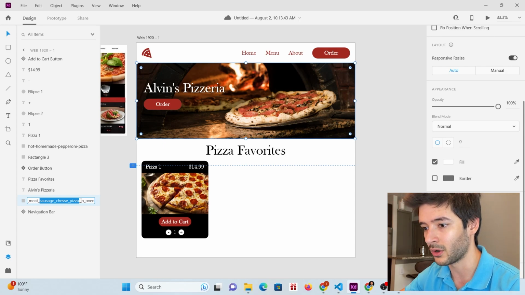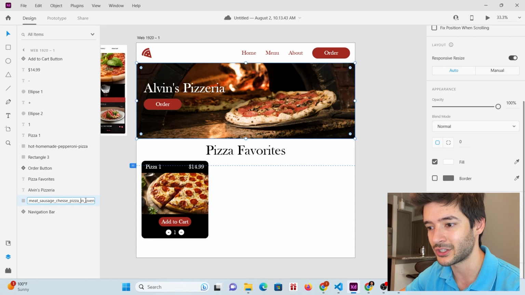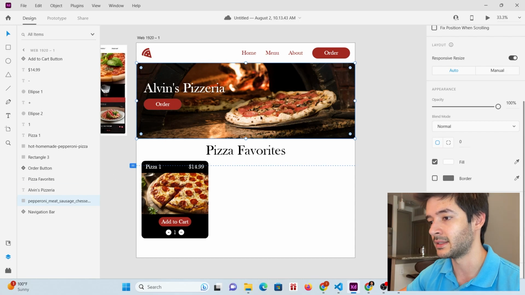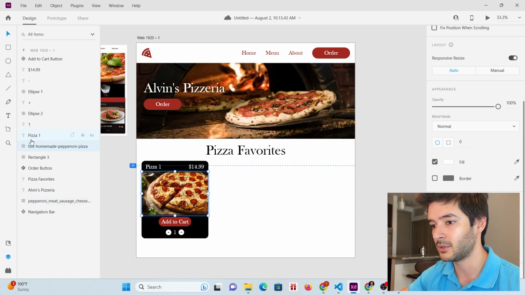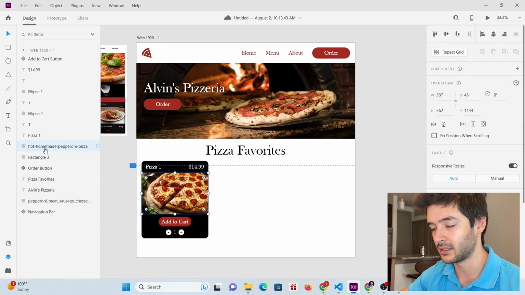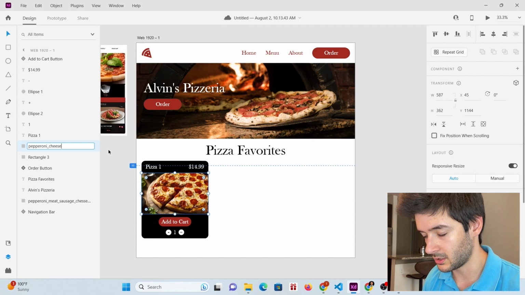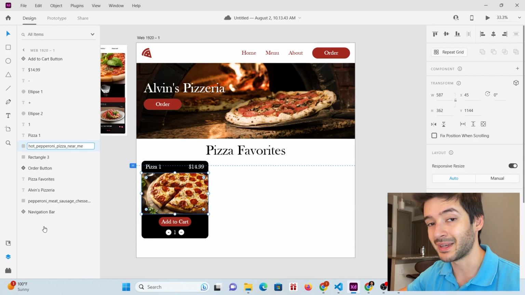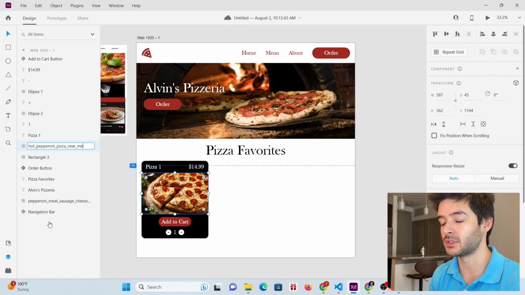So Google or whatever browser you use is going to crawl it, and it's going to see, okay, sausage pizza. And now we have our SEO nailed down and different options that people might search up online in our website itself. So you want to make sure that these are named strategically. So go ahead and select this, hot homemade pepperoni pizza. So we're going to do pepperoni, cheese, pizza. And we're actually going to keep hot because that might be something that somebody would want to search for as well. Pepperoni, and change this to near me,